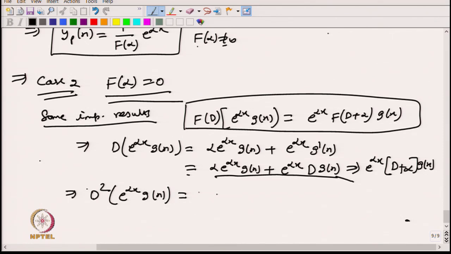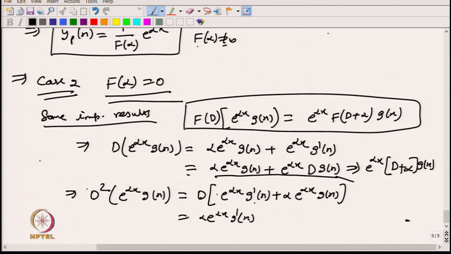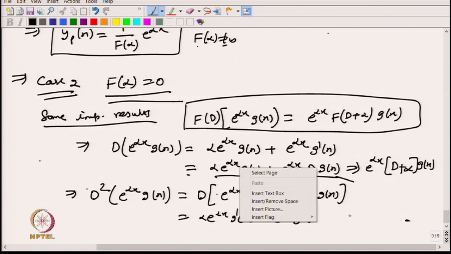So, in this case I will operate on this one. I will get g dash x plus alpha e raised to power alpha x g x. This is the first derivative I applied. Now, I am applying the derivative again. So, again e raised to power alpha x alpha g dash x plus e raised to power alpha x g double dash x